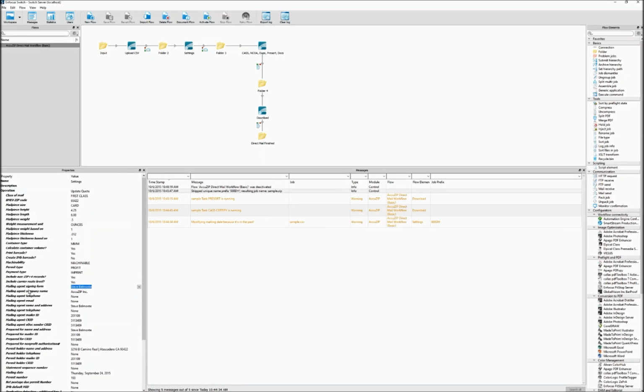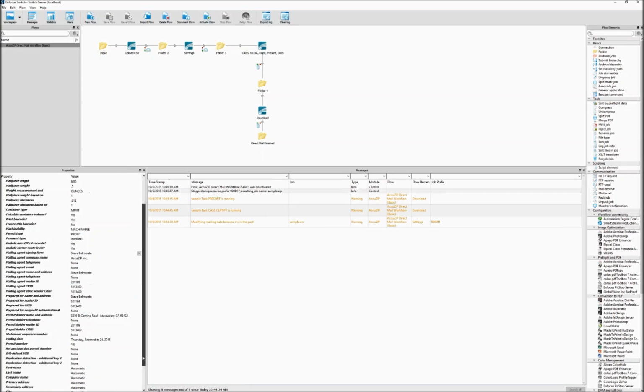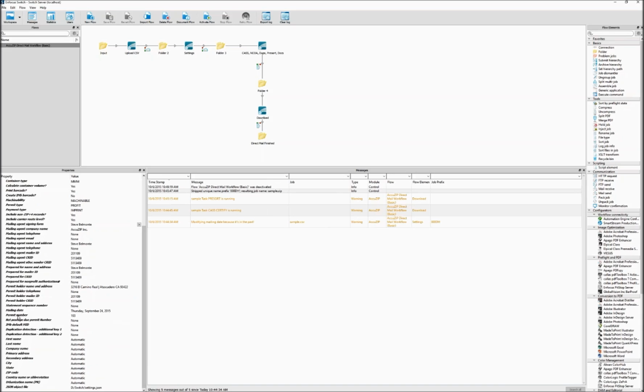You have all your by-fors, your prepared, your permit numbers. You can even submit your own mailer ID. So here's the default MID right here, but you can actually submit your own mailer ID, and then we keep track of your uniqueness on the serial number. So if you use your own mailer ID, make sure that you use it through the Enfocus Switch. I would get a new mailer ID just specifically to use with Enfocus Switch,